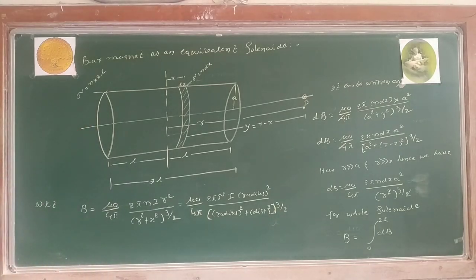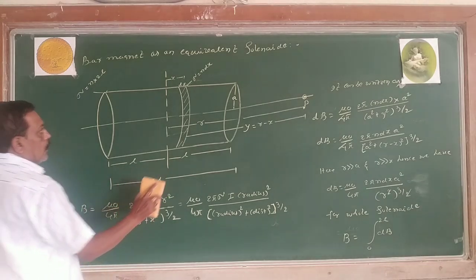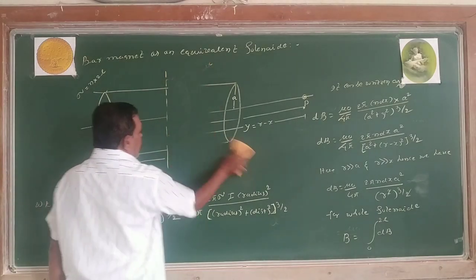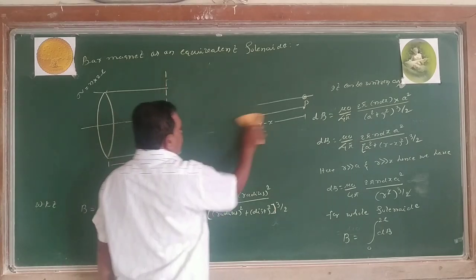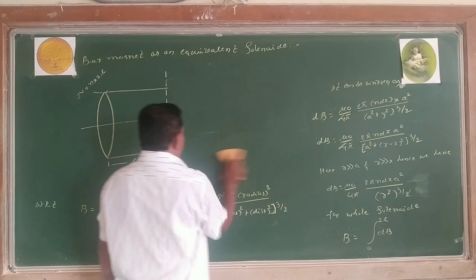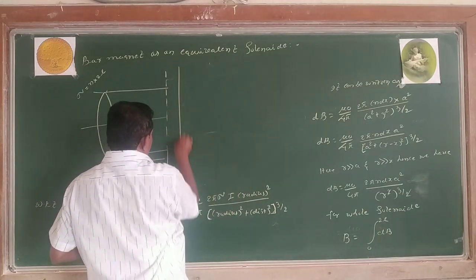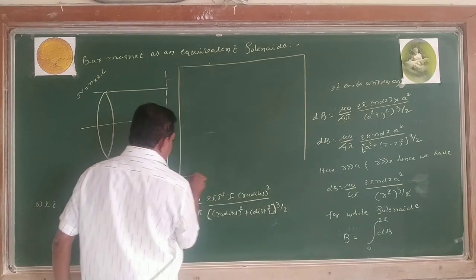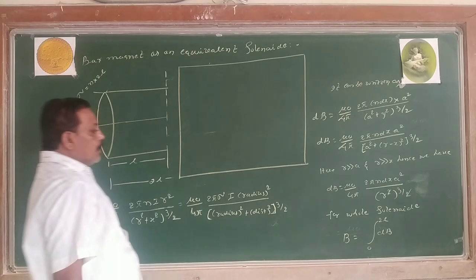I need space. I use the space properly. I can use this much space, I can use this space. I use this portion since there is no space. Then I make it in the bracket. I use it here. Right? Then B equals to